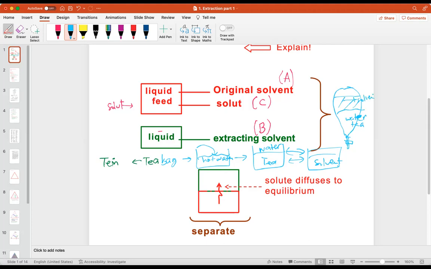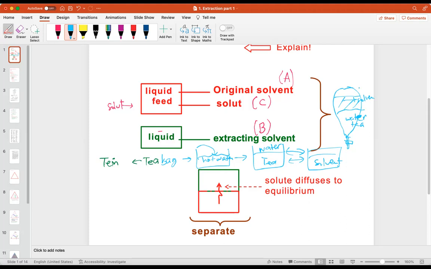Okay, so we put it in a, I don't know what the name is, the chocolate we call it, yeah, and then we mix it. We mix it a few times, for quite a long time, until there is contact between the water and the solvent. So the liquid one and liquid two, or the original solvent and the extracting solvent, must